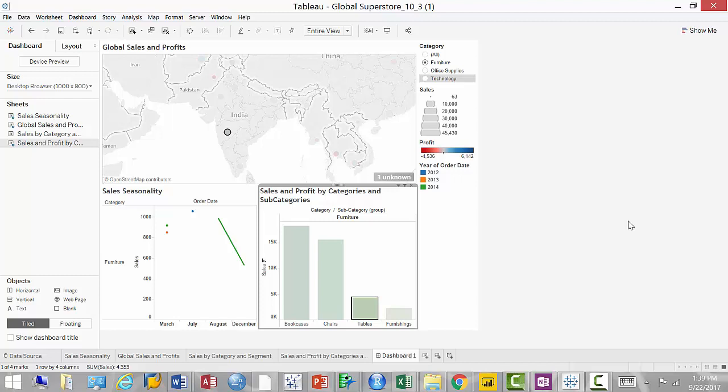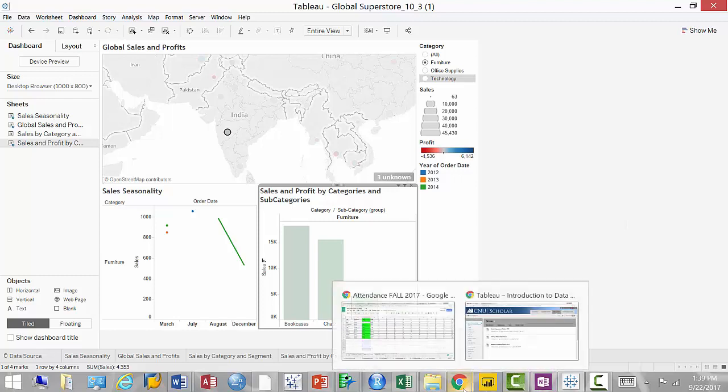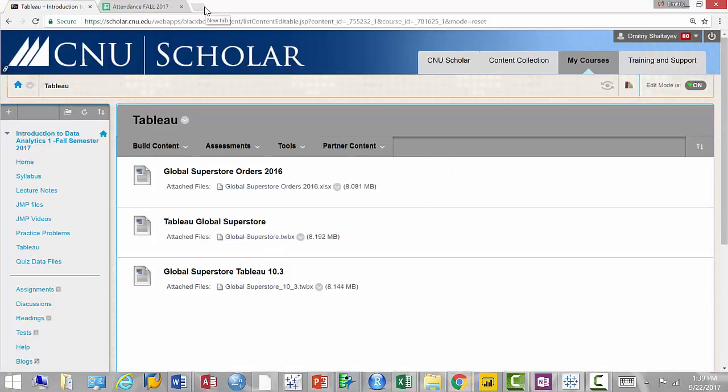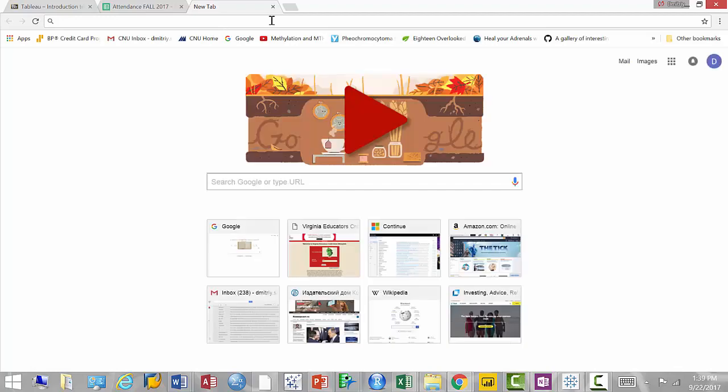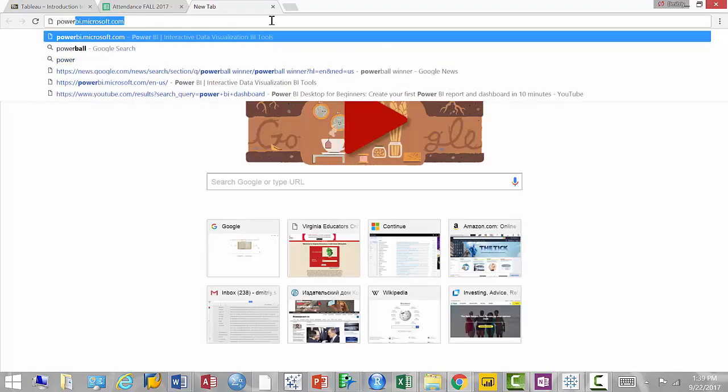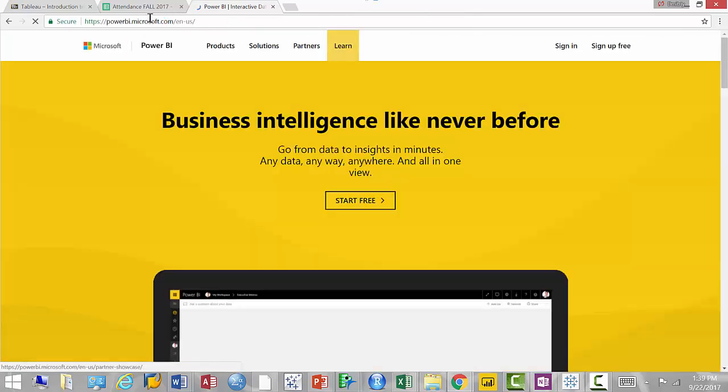Other competitors for Tableau, other products that do precisely the same thing or approximately the same thing? The answer is, yes, there are competitors. And the closest one is something that I encourage you to also explore, okay? From Microsoft, there is a product that they sell called Power BI. BI stands for Business Intelligence. So here's how to find it, okay? If you open the browser, Power BI, so the address is